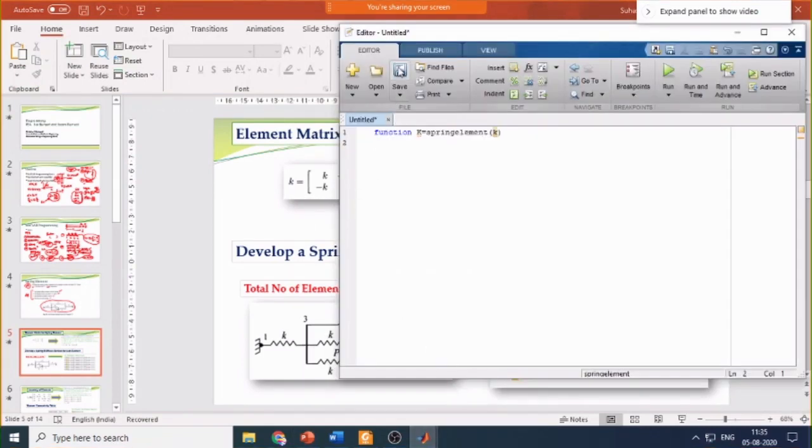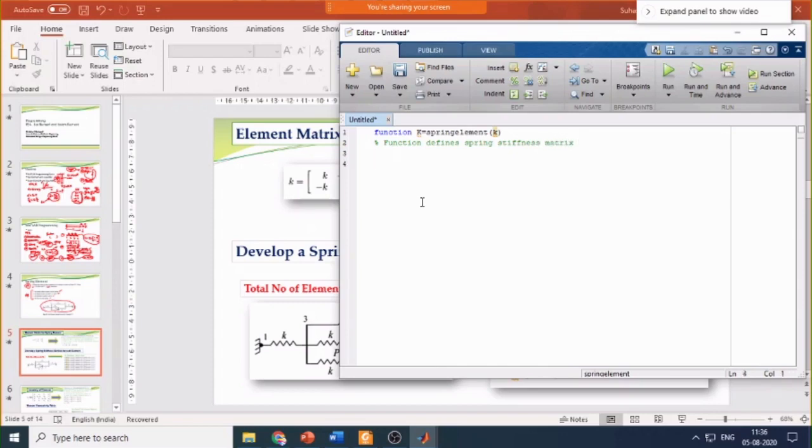Here we have not saved it yet, so I will now write the function definition statement. This statement is going to help whenever we use the program at a later stage. Function defines spring stiffness matrix, spring stiffness matrix,